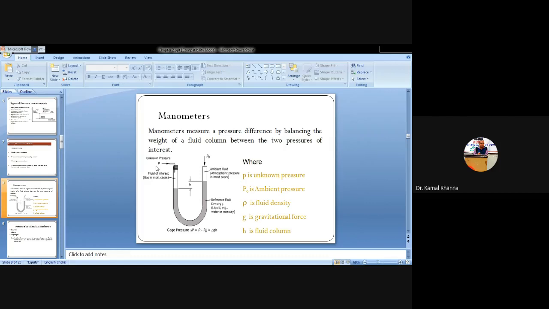In the case of the mechanical gauges, I have already said four types of pressure gauges are in your syllabus. So I think this is